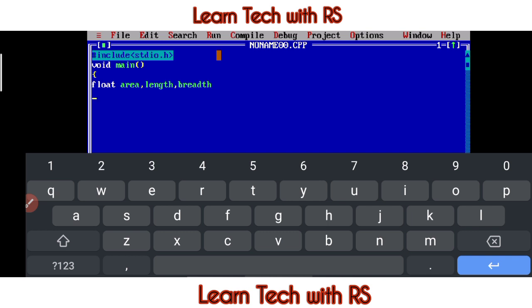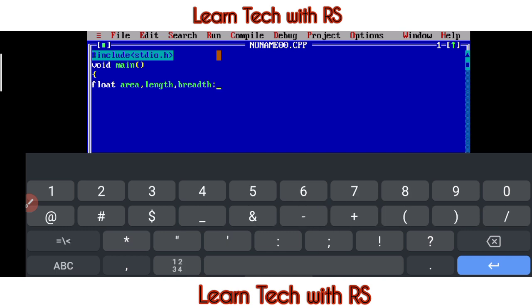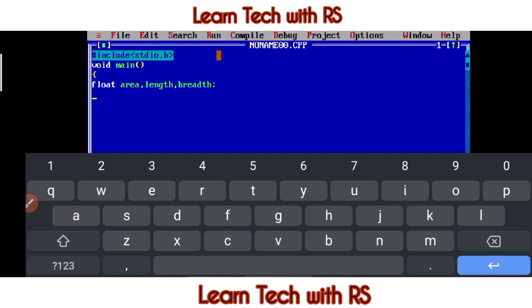Before that, one thing is that we haven't put the break. So we have to put the semicolon for ensuring that there is a break, so that the compiler doesn't get confused about it. Compiler should know that there is a break. Okay, this is how it works.